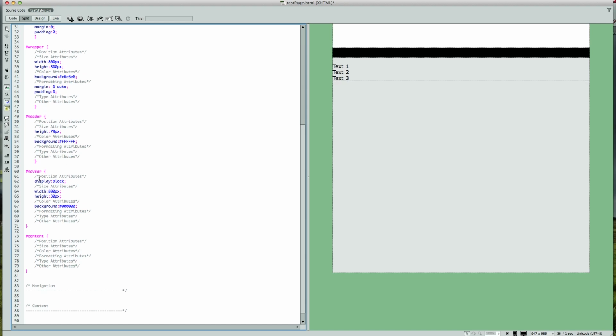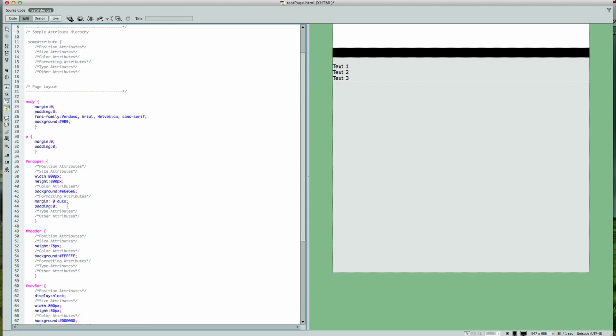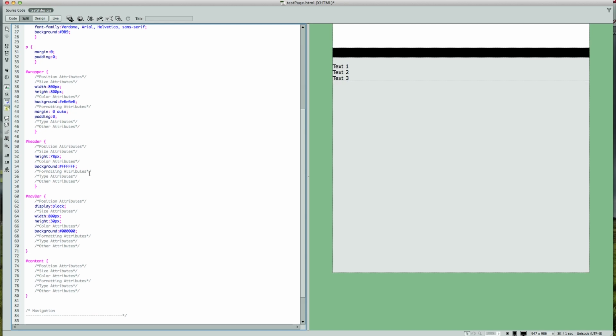Then we move on to our nav bar. We have a display of block, which we'll talk about a little bit later. We have specifically given it a width of 800 and a height of 30 pixels, and then a black background. So that should pretty much explain where we are and catch us up to where we want to be to continue forward. So let's go back here